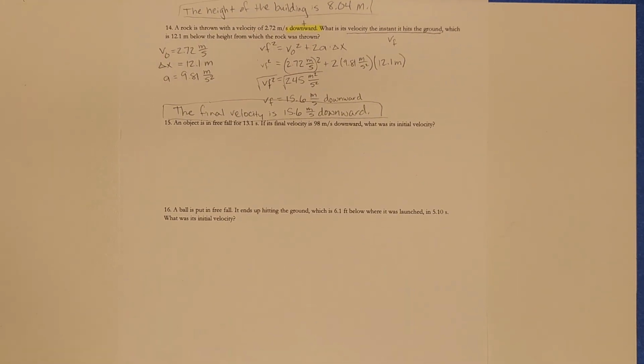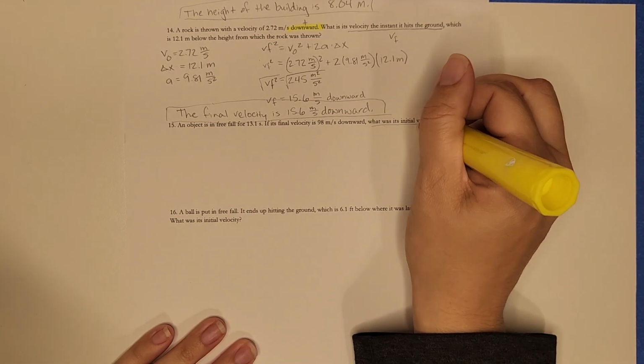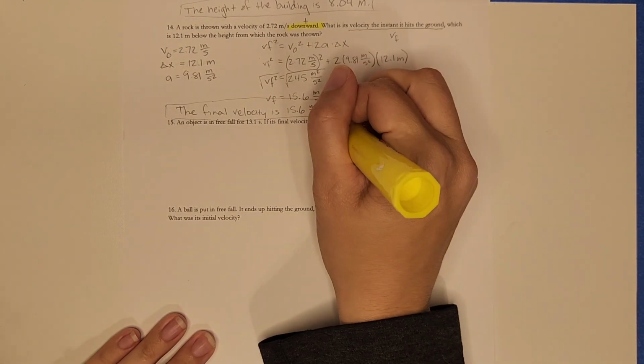Okay, question 15. An object is in free fall for 13.1 seconds. If its final velocity is 98.6 meters per second downward, what was its initial velocity? So, what was its initial velocity? We need to know this vector quantity. Okay, so downward